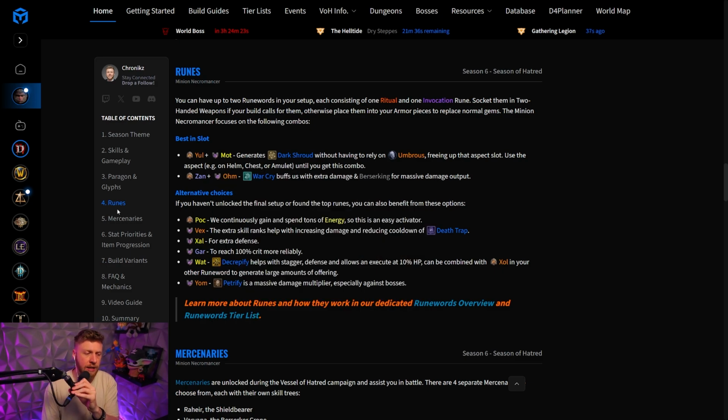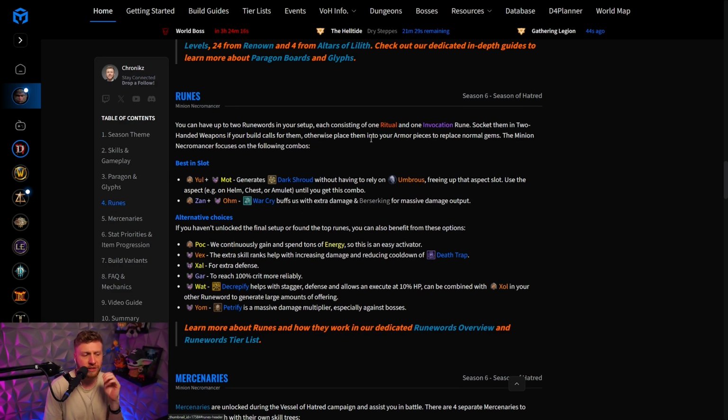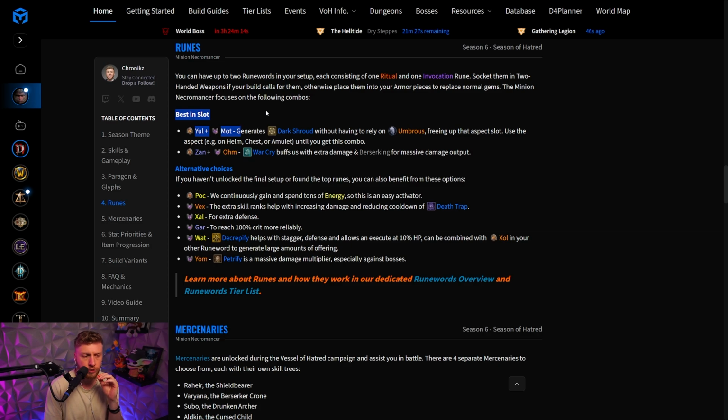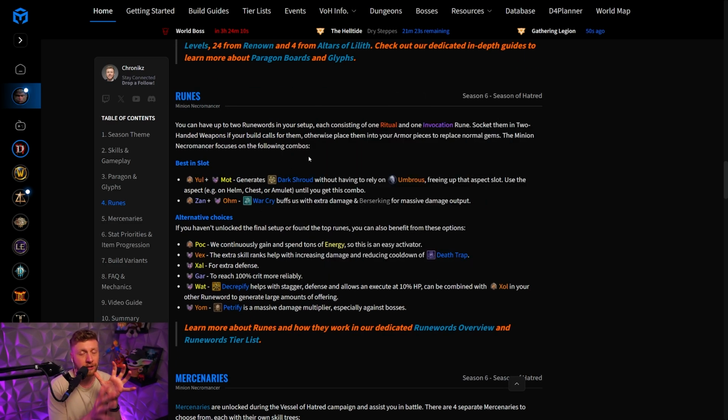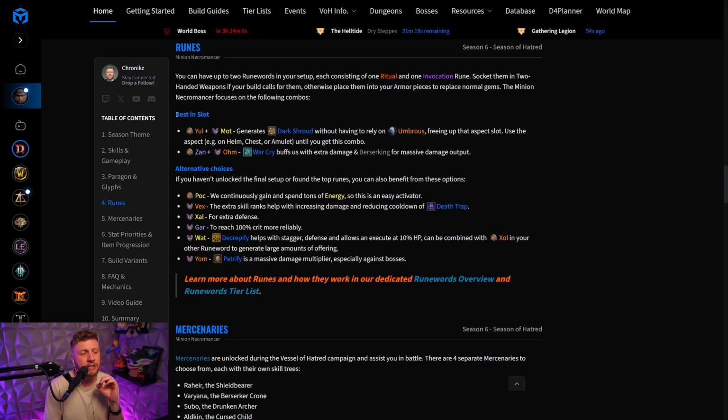your specific build. As you can see right here, we do have a new topic in our table of contents, which is going to be called runes, and you can see the best in slot runes right here for your character. Please disregard the current embeds. We are still staging and we're still working in the background. But you will see the best in slot combination, and you will also see alternative choices for your specific build, so you can mix and match already during the early stages of your progression and get the best combination possible